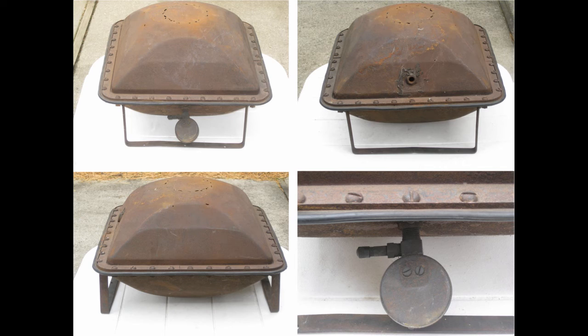The problem was, as time went by, they found out that the rubber diaphragm they use is a semi-permeable membrane, like a balloon, and a balloon will lose the air right through it. It's by osmosis, so there's more pressure on one side than there is on the other, so the air just moves right through the balloon. And it was doing the same thing in these tanks, and